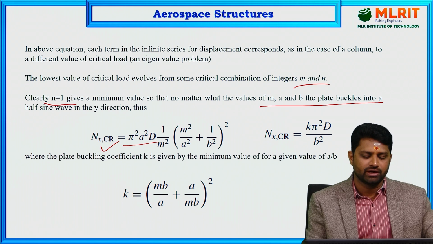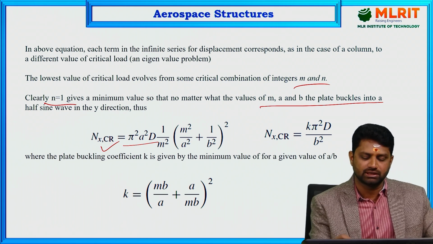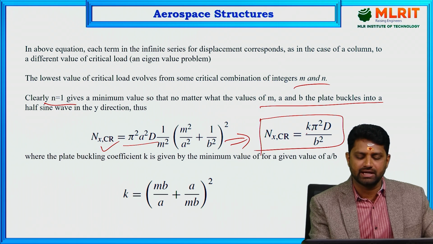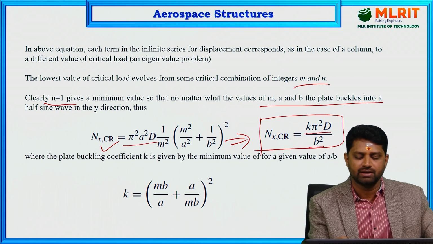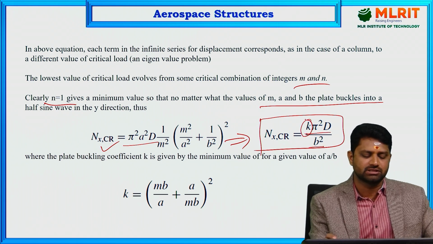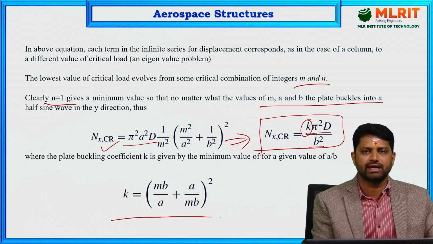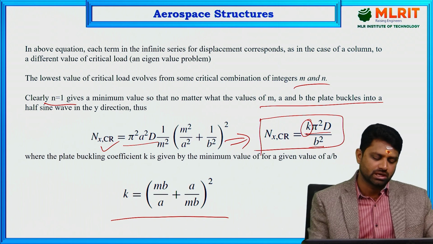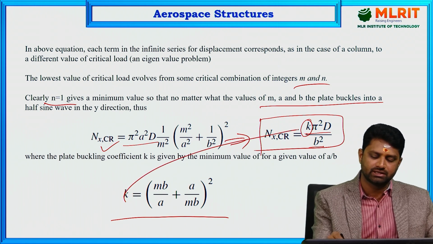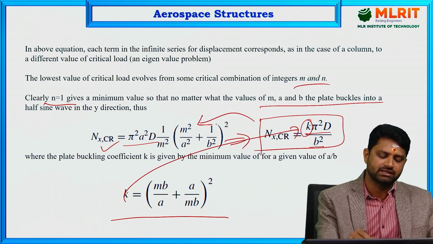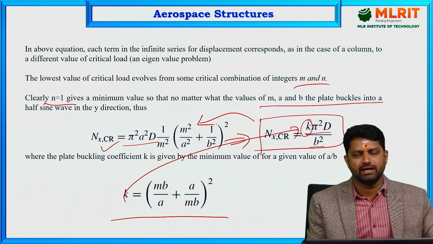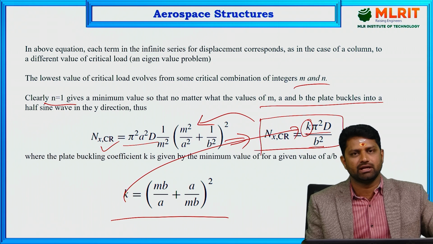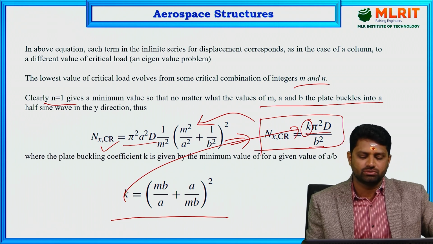Now we are going to write this equation as Nx critical equals k into pi square into D by b square, where k we call the buckling coefficient, and it is given by k equals (mb by a plus a by mb) whole square. If you substitute this k over here, you get this equation again. So k is called the buckling coefficient of the plate,